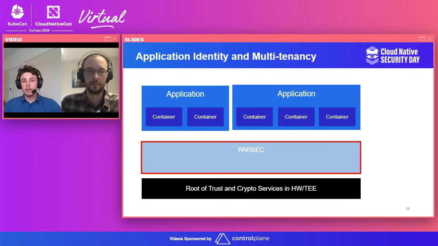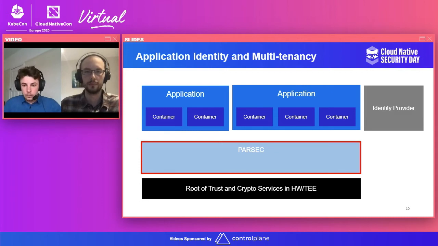But the other important part as well is the multi-tenancy view. PARSEC allows multiple tenants, multiple applications, to access it at the same time. For that to be done, PARSEC needs each application to have a unique and persistent application name, an application identity. The way that each application gets its own identity